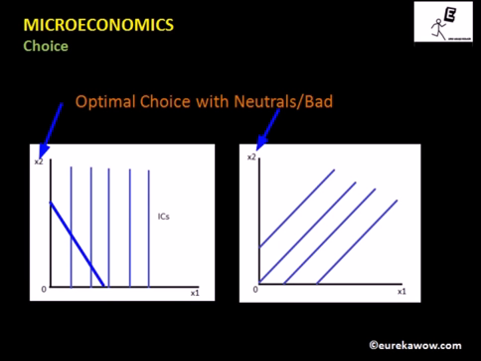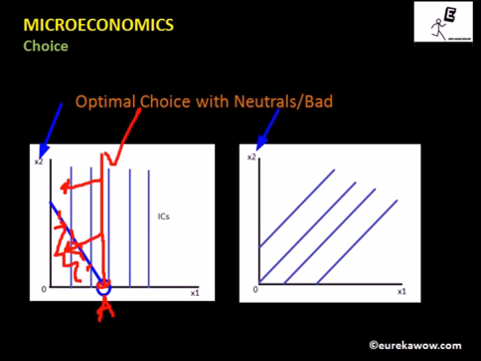Now what will be the point of optimality? The point of optimality will be this. Why? Because first, it is affordable, and second, compared to all other bundles which are lying on the budget line and in the budget set, all of them will lie to the left of the indifference curve that passes through this bundle. So if you label this bundle as A, the indifference curve that passes through this bundle is the highest indifference curve, and all the bundles will be lying to the left of it, and as a result we see that point A is the point of optimality.